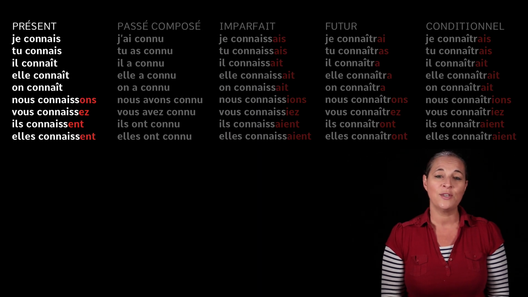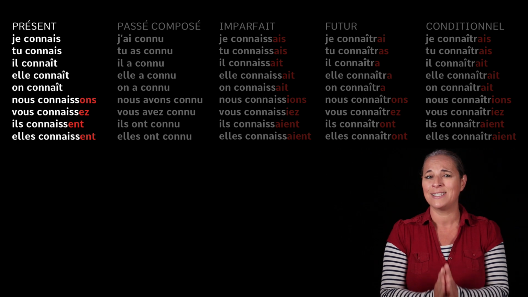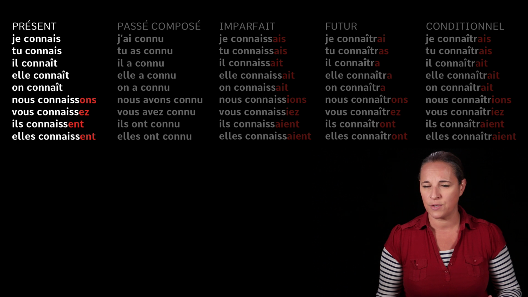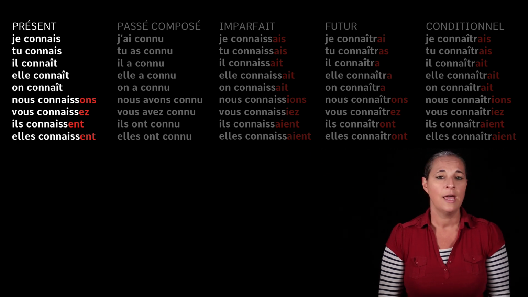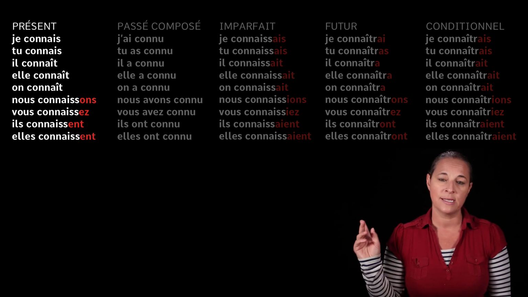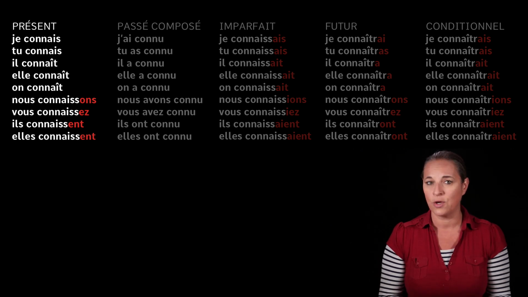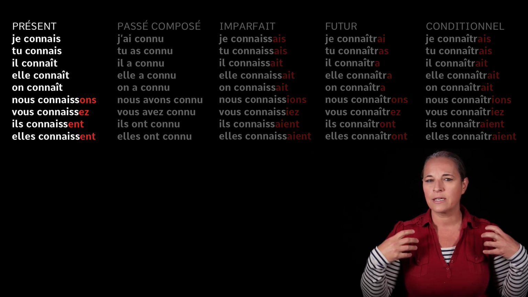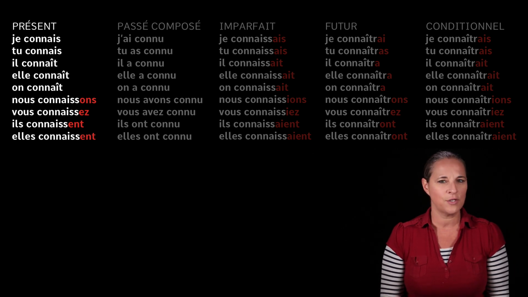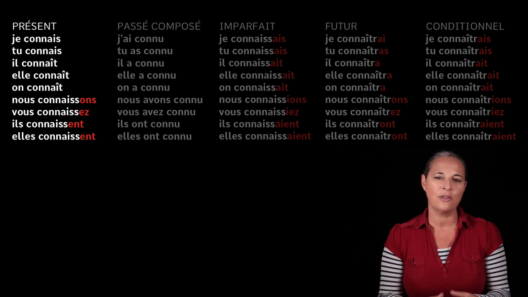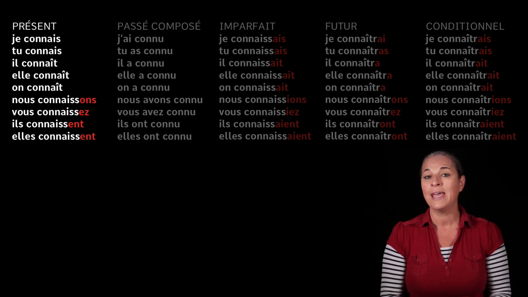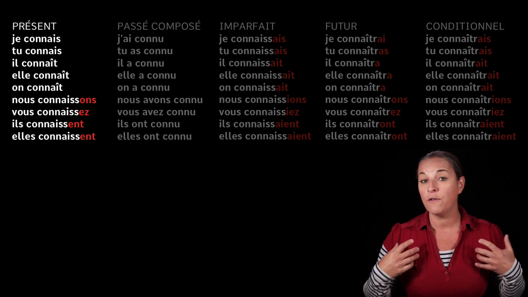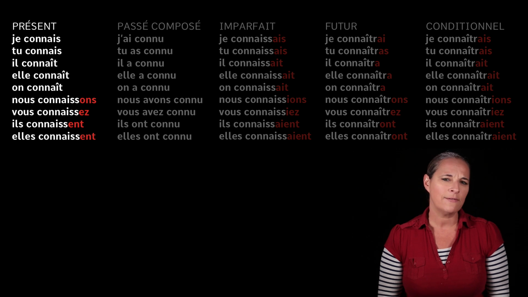Now, like I said, you can use any other verbs and it might not be the same ending. I'm thinking of pouvoir, which is to be able to, as well as vouloir, to want. They will not have the same ending in the present tense as I am about to teach you. So the reason for this video is for you to realize that when it comes to third group verbs, you have to learn the patterns, okay? You've got to learn how to conjugate them individually, okay? I know it's really hard to do because we have tons of irregular verbs in French. Let's have a look at connaître.